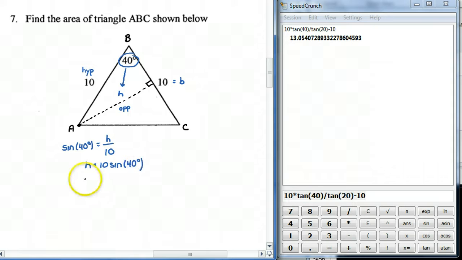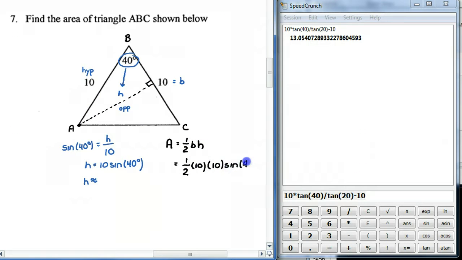Now at this point, it might be tempting to get an approximate value of h, but again, it's nice in this form because it's exact. Until there's a need to get that approximate value, you're better off to leave it in that exact form, because that means when used later, it's going to introduce less error. So if we know that h is 10 sine 40 degrees, we know that the area of a triangle is equal to 1/2 the base times the height. We then know the area of this triangle is 1/2 times 10, there's my base, times my height, which is 10